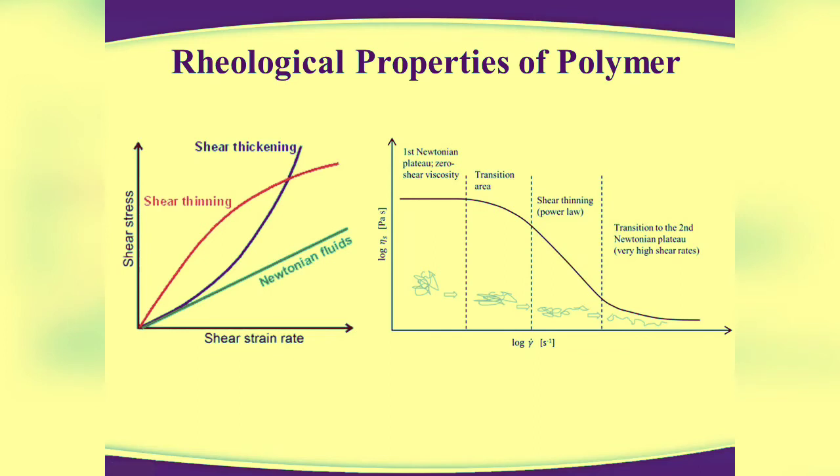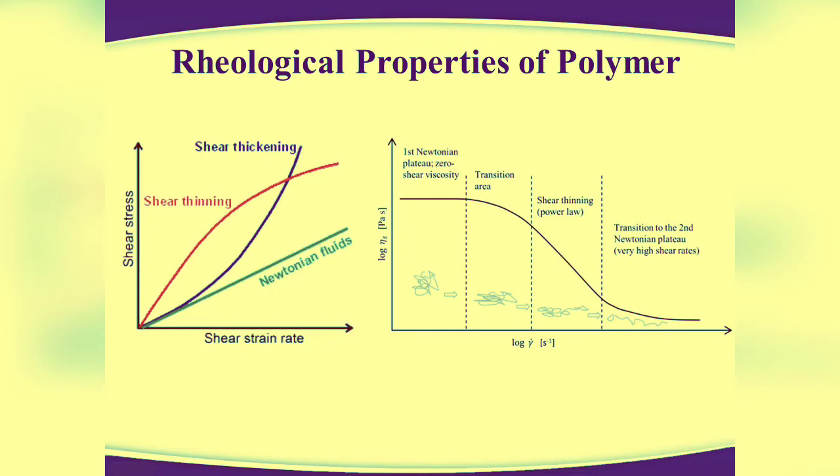Most polymer melts are non-Newtonian fluids because they do not show linear correlation between stress and strain. The reason for this is viscosity of polymeric material changes with changing strain level. In the right graph, we can see that viscosity of polymer changes from Newtonian behavior to very low viscosity at high strain rate. The change in viscosity is the result of chain disentanglement and orientation in the stress direction.